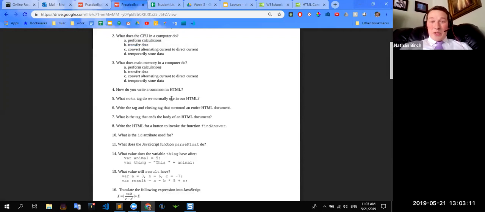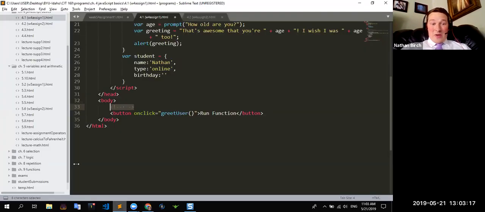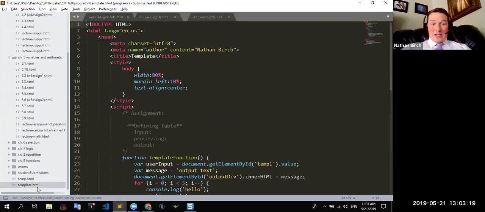What meta tag do we normally use in our HTML? Again, you can look at previous code that you've written. Okay, so if you have a template file that you use for your assignments, you can be like, oh, look at these meta tags that I use in all my programs. Okay,